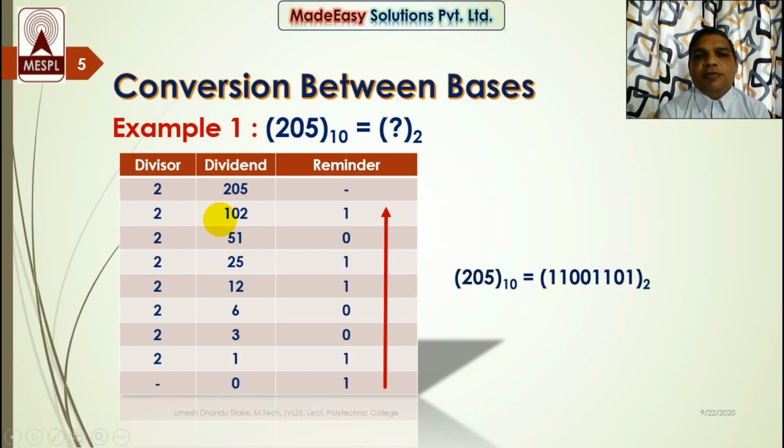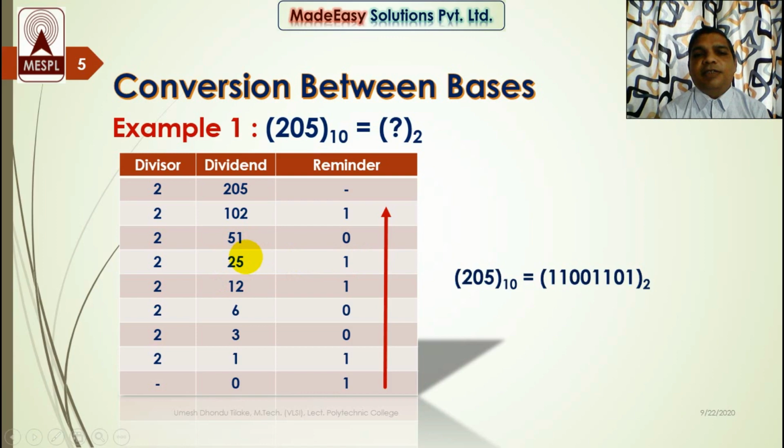Now we continue with this quotient in the next step, dividing by the base again. So 2 1s are 2 and 2 5s are 10. So we get total 102. So if we subtract 102 from this dividend 102, we get remainder as 0 and we got 51 as a quotient. So continue the process until we get 0 as a quotient. So again divide this 51 by 2. So we get 25 2s are 50. So when we subtract 50 from 51, we get 1 as a remainder and 25 as a quotient.